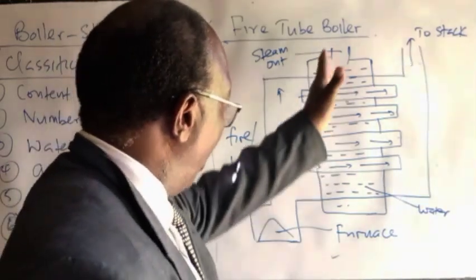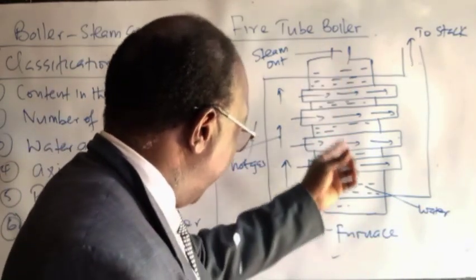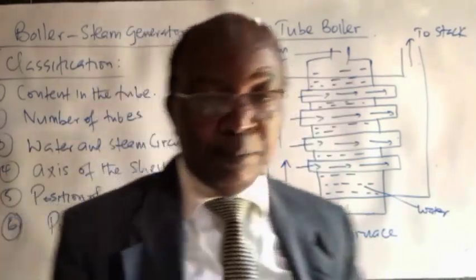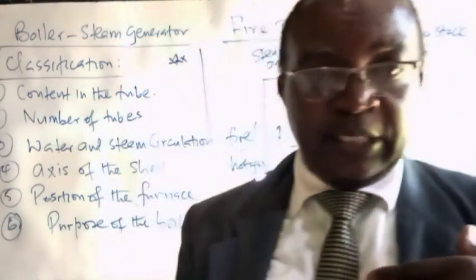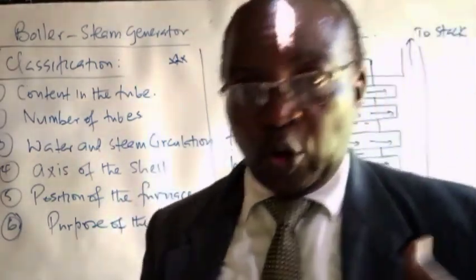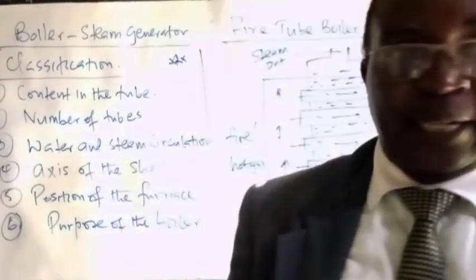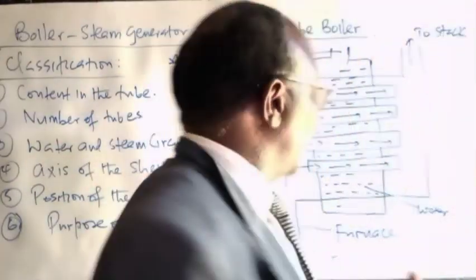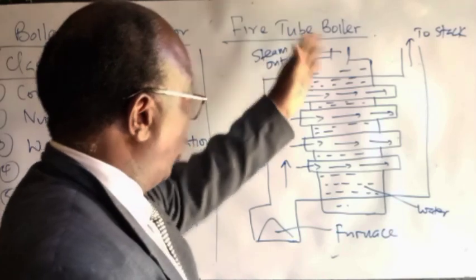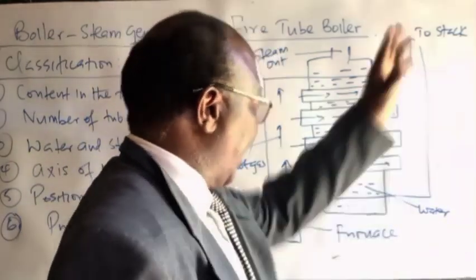And so because we have this system where we have water in contact with those tubes, heat is transferred across the two walls, because there is thermal contact between those two. This is a fire tube boiler, and the stack,